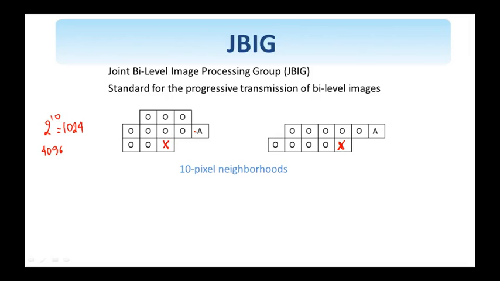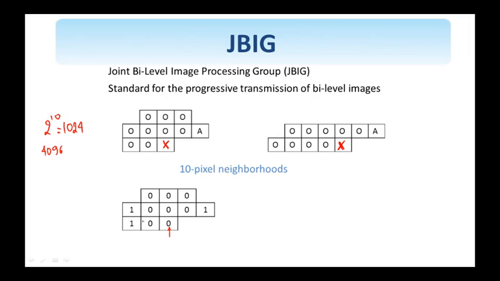We also notice that the shape of the neighborhood allows recursive computability. That is, the neighborhood includes previously encoded pixels, and therefore these pixels are available to both encoder and decoder so that they can synchronize their operations. So if we look at a particular example of this first neighborhood, we want to encode 0,